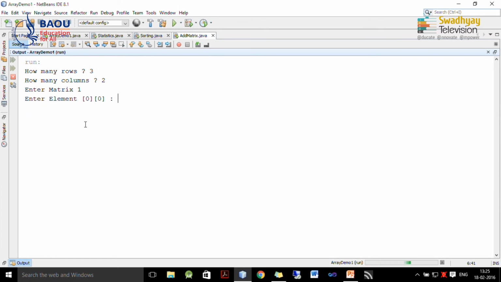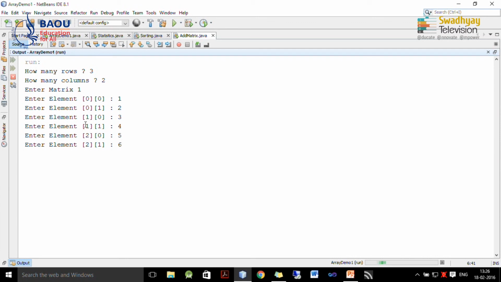Now, it is asking for entering element, first element of first row. So, here I write down 1, 2. Now, it is asking for second row, which is 3 and 4, and now it is asking for third row, which is 5 and 6.